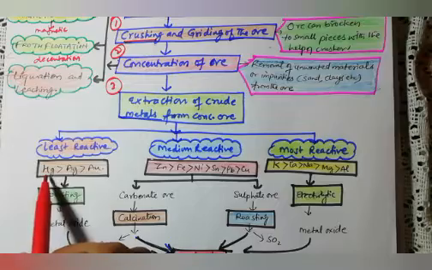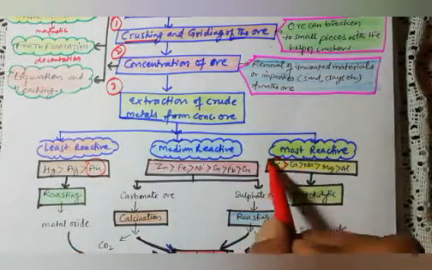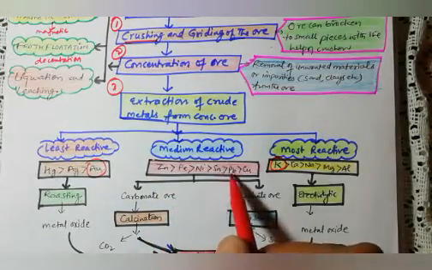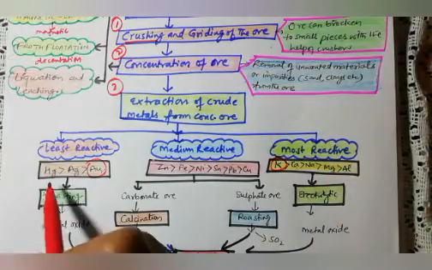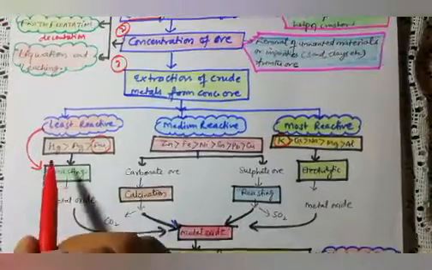Least reactive are basically mercury, silver, gold. The least reactive is gold, the most reactive is potassium, and medium reactive are zinc, iron, nickel, lead, copper. Potassium, calcium, sodium, magnesium, aluminum are most reactive. So basically least reactive metals are extracted with the help of roasting, because